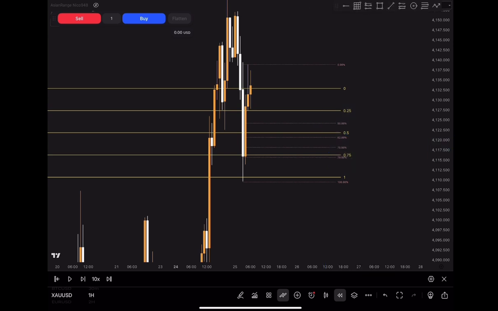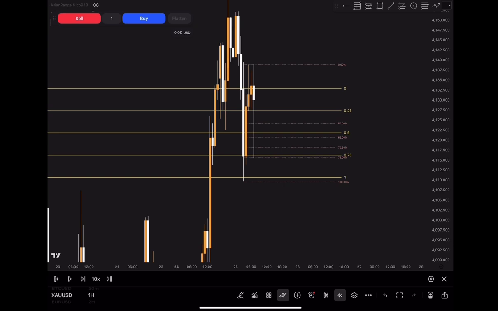And in the same breath, a respect of my Fibonacci. So because this is the 1 hour, I need to see a mitigation. And just like that would have been exactly what I needed. After seeing the lower time frame, probably on the 15-minute, or in urgent cases, the 5-minute, go to that 75%,